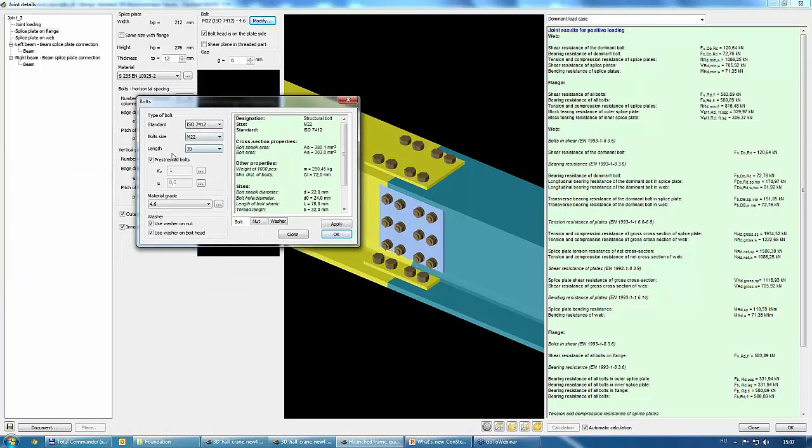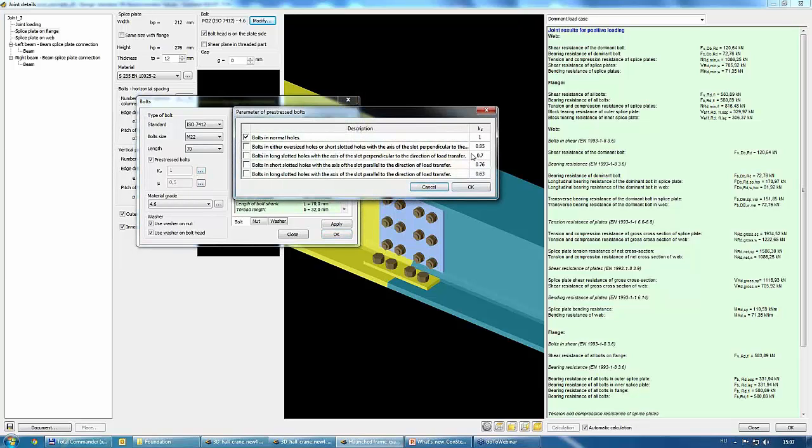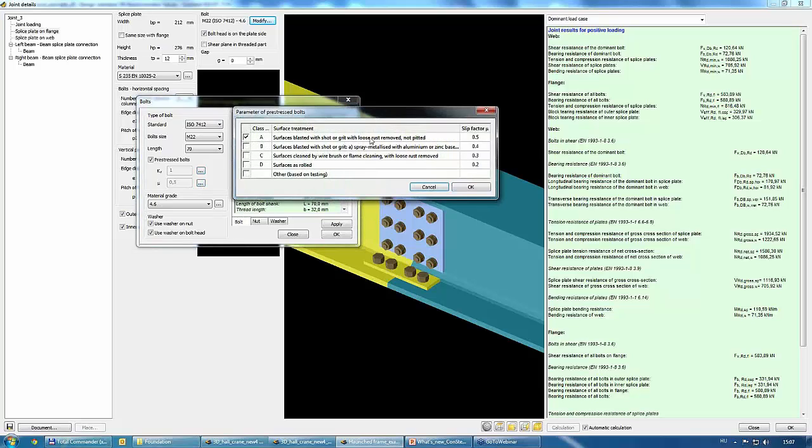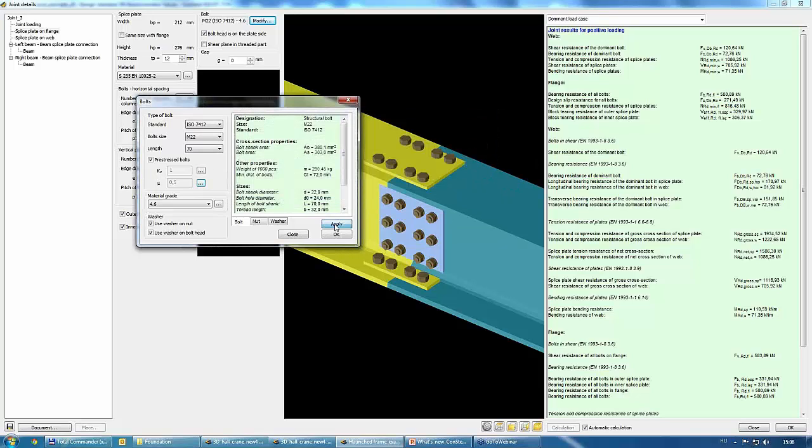In checking this, there are parameters modifying the check of this type of connections. So regarding the holes, the bolts, these are coming from the Eurocode. This ks value is needed for the design, and for the friction between the plates, we can define these categories. If we accept and apply,